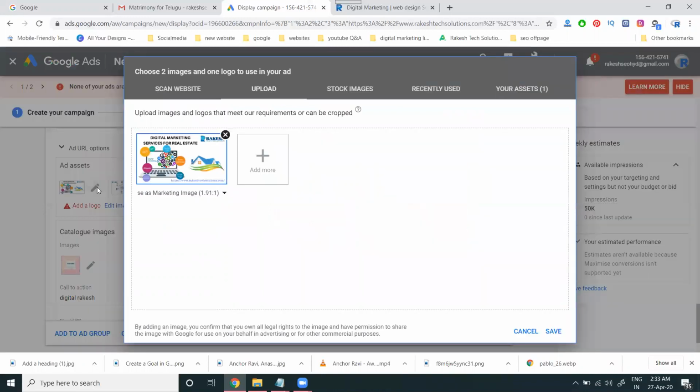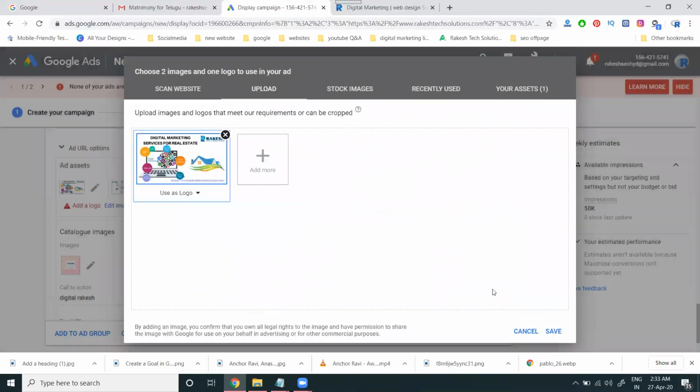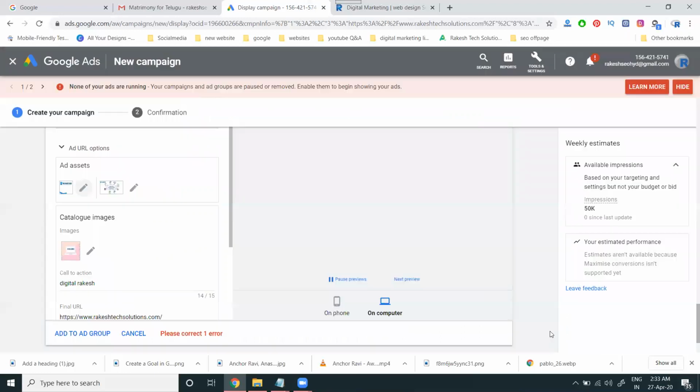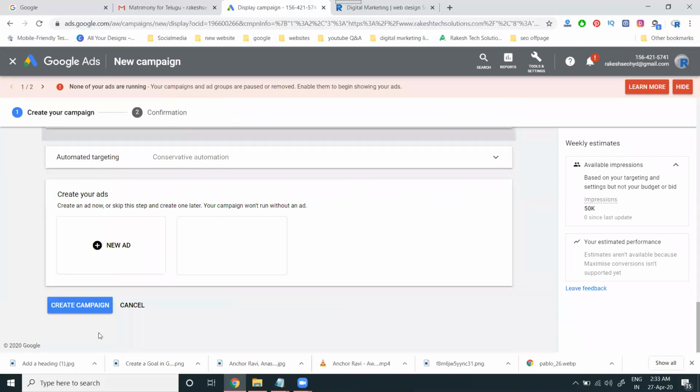The logo will be missing. Just add the logo. Particular option. Add to group. Here the ad will be created. Just the ad will be done.